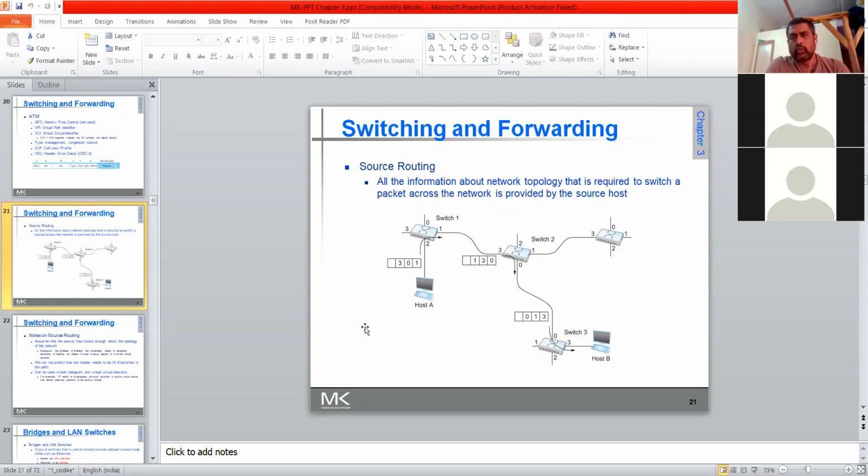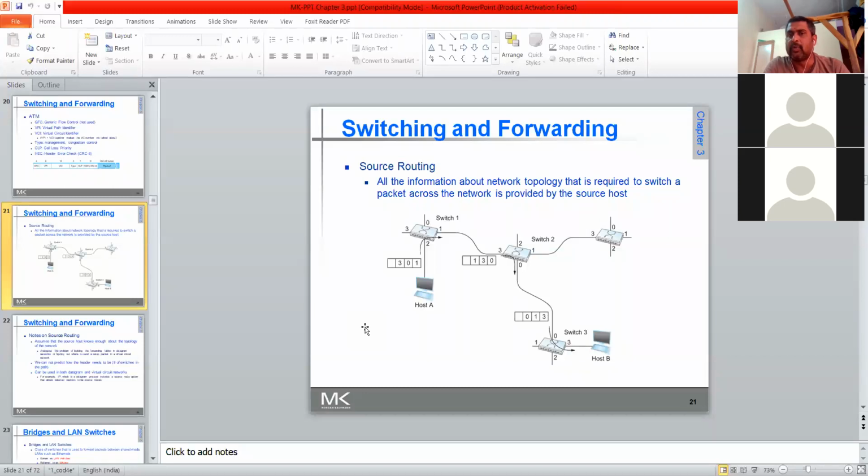Now coming to source routing. Source routing is another very important thing. How will these things be taken? Source routing can be done in both connectionless and connection oriented networks. One thing I want to tell in general; now we'll get an in-depth look at that particular thing.